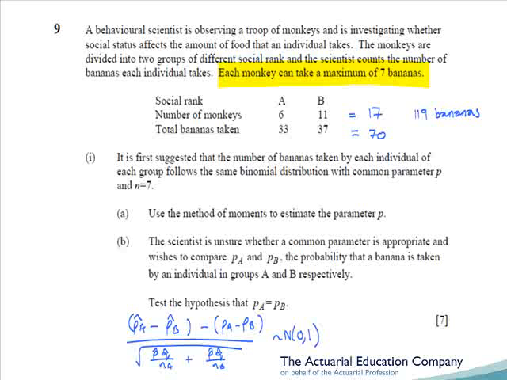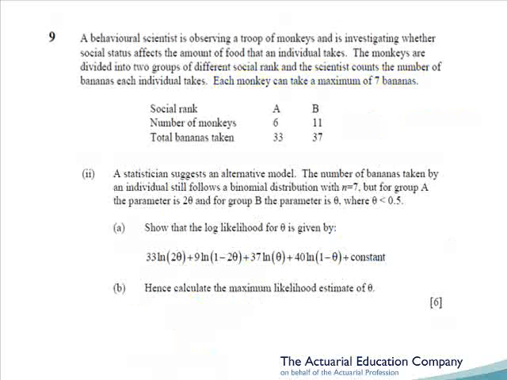In part 2, we're going to carry out maximum likelihood estimation, but we're assuming the probability of getting a banana is theta for group A and 2 theta for group B. Again, this is possibly a little confusing, but essentially the likelihood is the probability of observing our sample results. The probability of obtaining 33 bananas from the first group times the probability of the second group obtaining 37